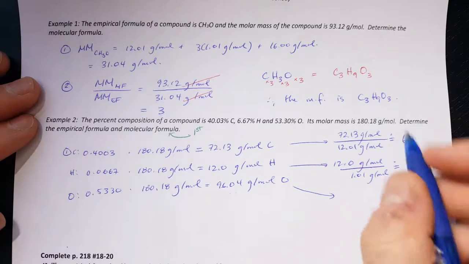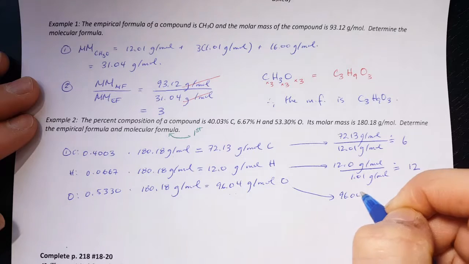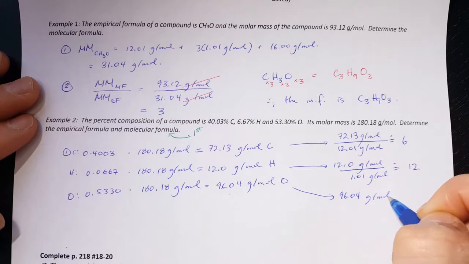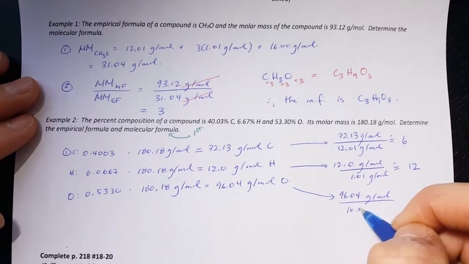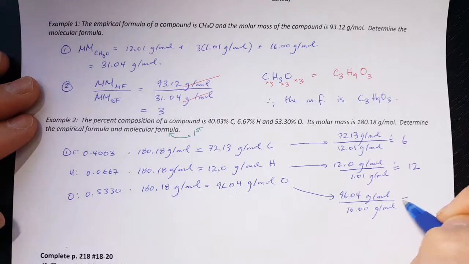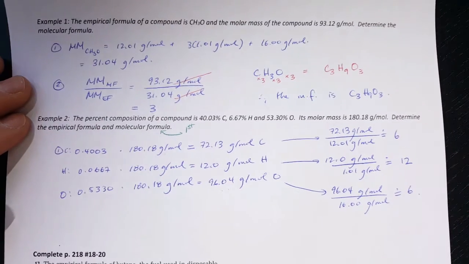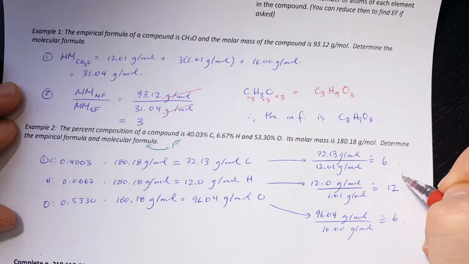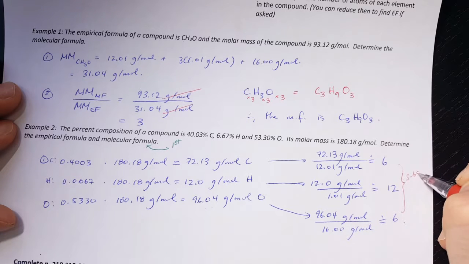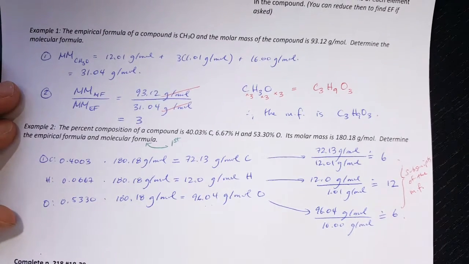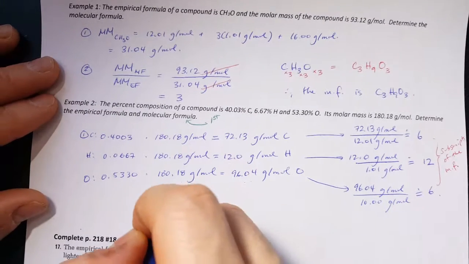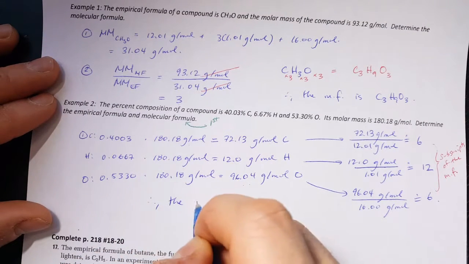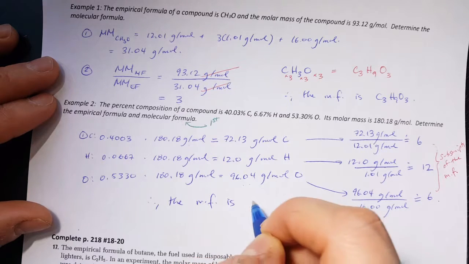And this one right here, 96.04 grams per mole divided by 16 grams per mole, is equal to 6. So literally, these right here are the subscripts of the molecular formula. Therefore, the molecular formula is